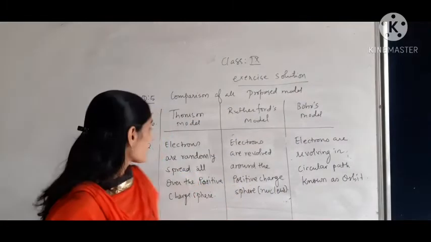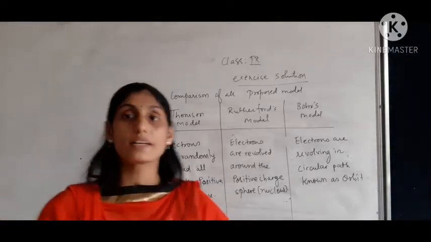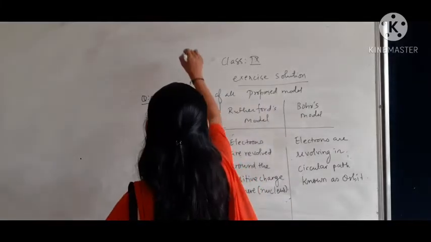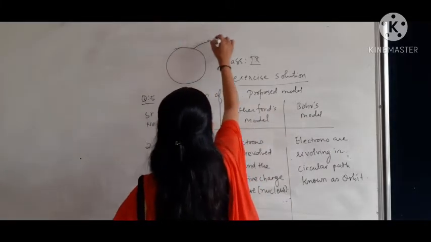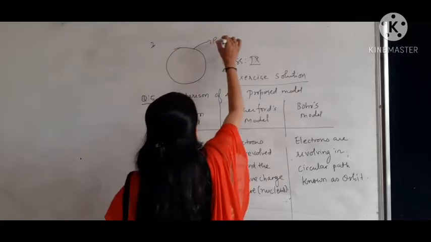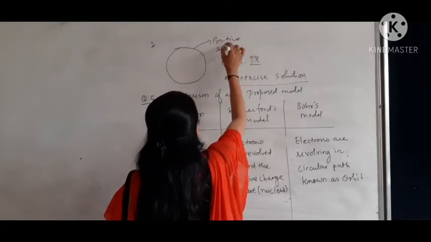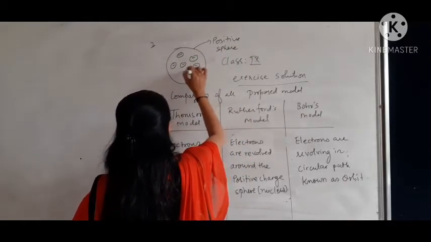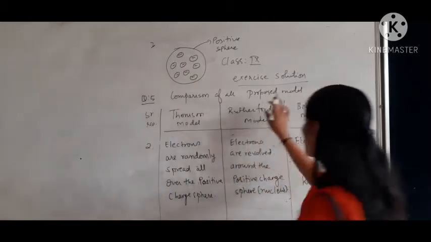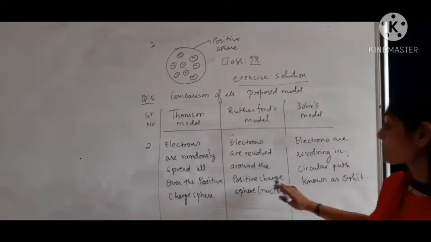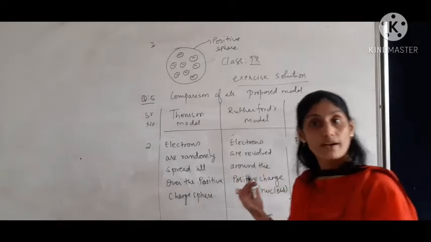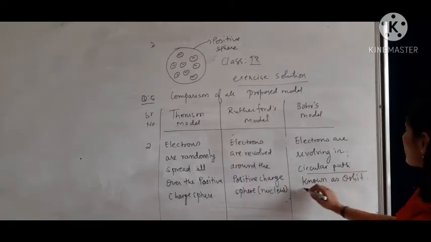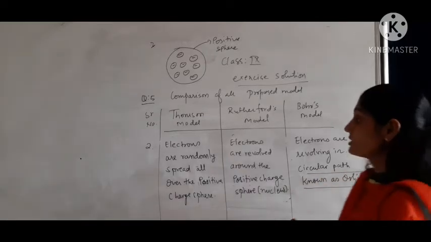Now second we can write that electrons are randomly spread all over the positive sphere. अगर हम थॉमसन मॉडल ड्रॉ कर रहे हैं तो ये थॉमसन मॉडल है जिसमें ये पॉजिटिव चार्ज स्फीयर है. Third point you can write about, ये पॉजिटिवली चार्ज स्फीयर है. So electrons are randomly spread, they do not have fixed position. Okay children, what Thomson has said, Rutherford said electrons revolve around the positively charged sphere, the nucleus, और Bohr ने बोला कि नहीं, they are going to revolve around in circular paths, and that circular path is known as orbit. So that is the second point.